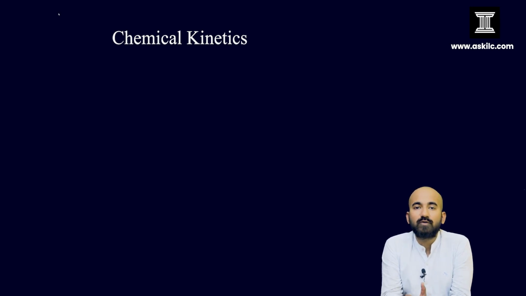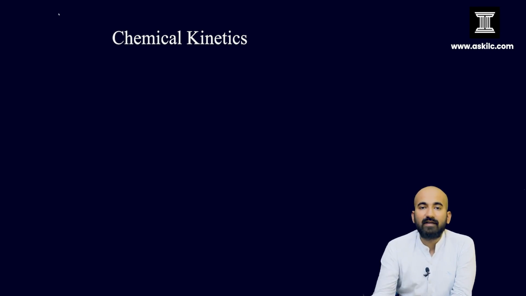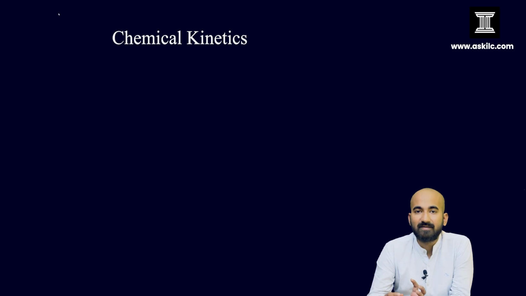Okay, so before proceeding towards a chapter called kinetics or chemical kinetics, we need to understand that we have studied in the previous year two chapters called thermodynamics and equilibrium. So when we studied thermodynamics, what were you told in thermodynamics? Thermodynamics tells you about how a reaction is feasible or not, whether a reaction will happen or not. And how do we tell that? We have taken the help of Gibbs free energy.